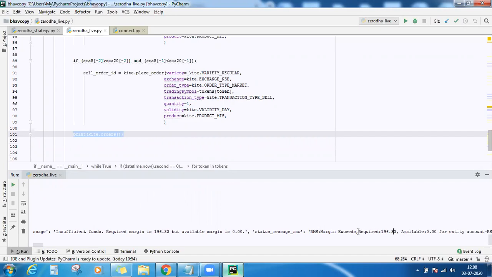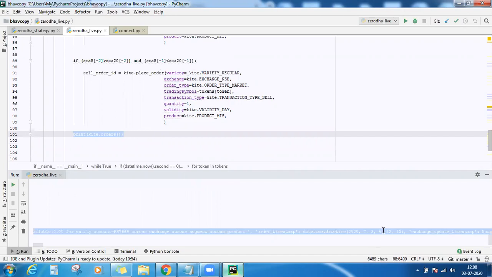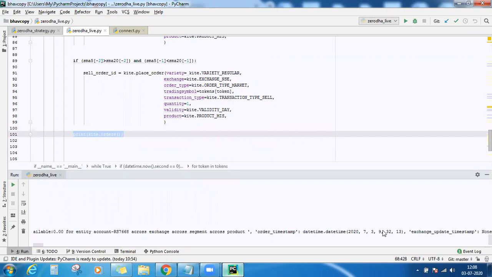Required margin is 196 rupees and available is 0. This is the timestamp at what time the order got placed. So this was the order which I punched in the morning at 9:32, because I am requesting for all the orders. So that is also again a list of dictionaries.